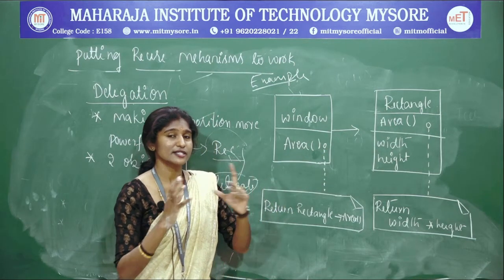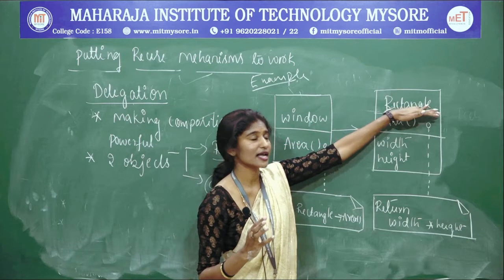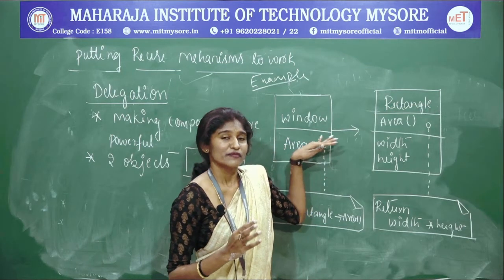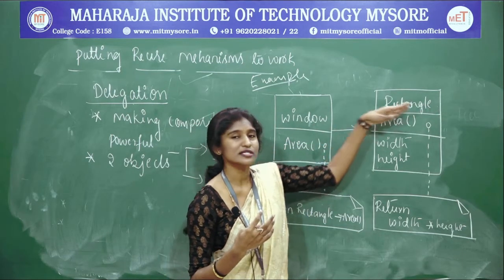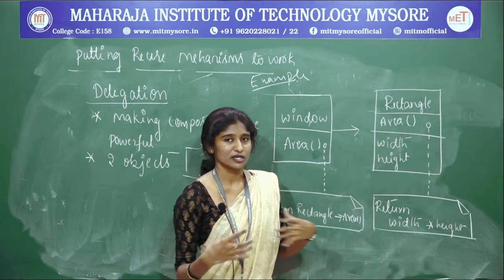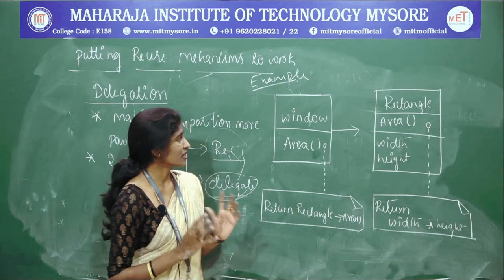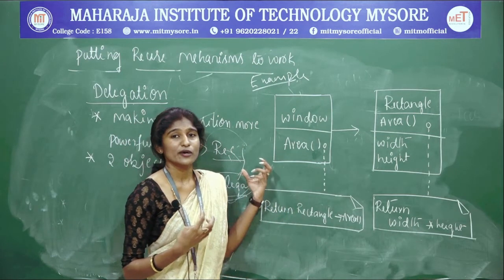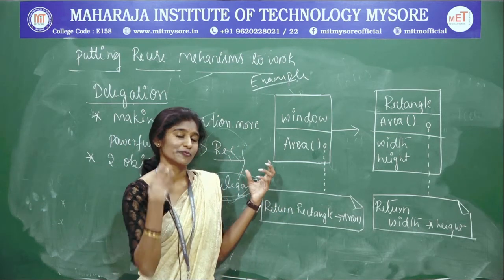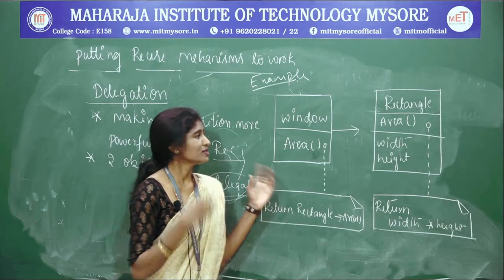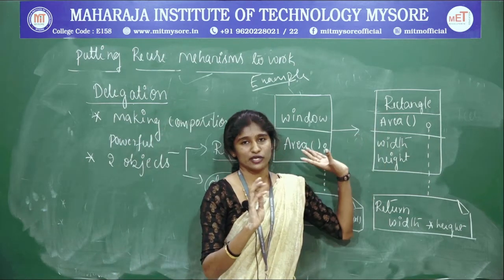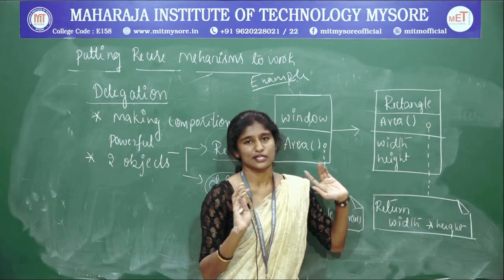So actually the inheritance concept is, you have a rectangle class, and within that you would have a window, meaning window is going to derive from this rectangle. So you can calculate in your derived classes, but that is not the concept I am following. I am going to contain this rectangle within a window itself, meaning whatever values come, I am just forwarding to the rectangle class only. I am delegating the work to the rectangle class only.